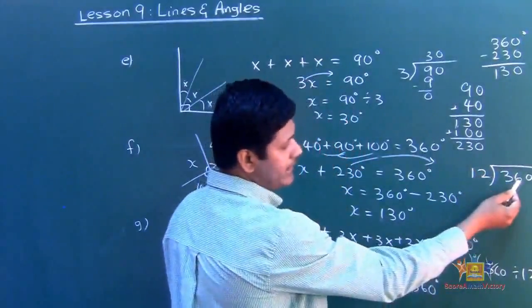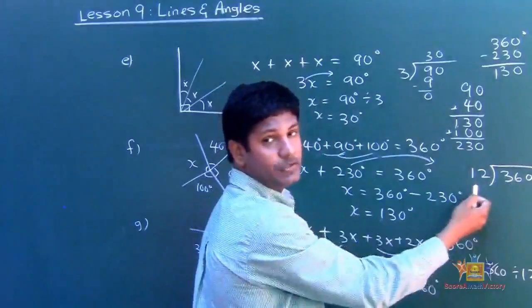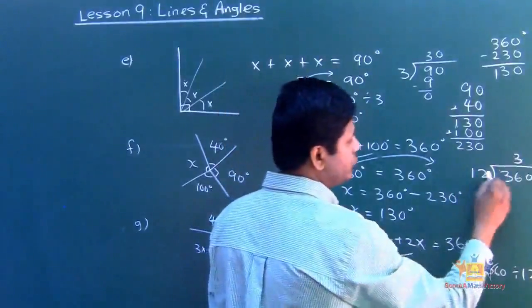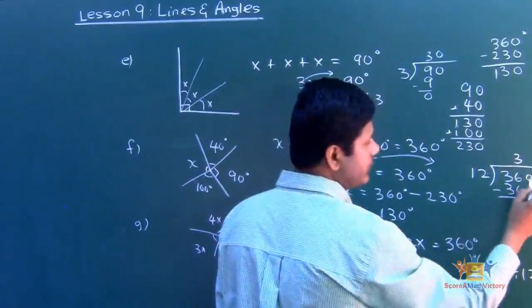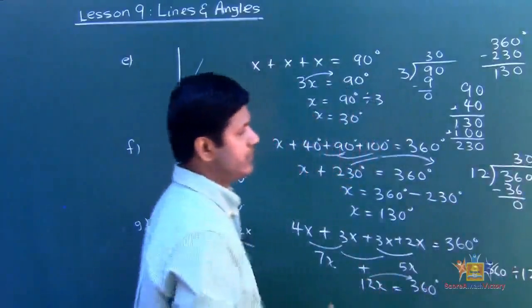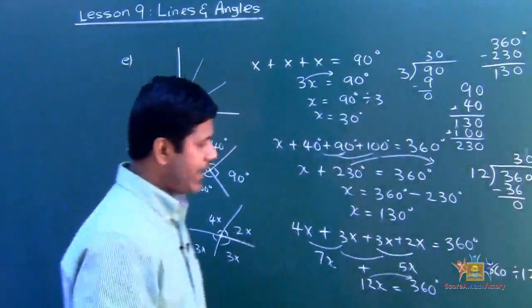In 3, I can go to the next digit. In 36, how many 12s? 3, because 3 times 12 is 36, minus, gives me 0. Once this comes to 0, there's a 0 in the back, bring it up. So that makes it 30. So x equals